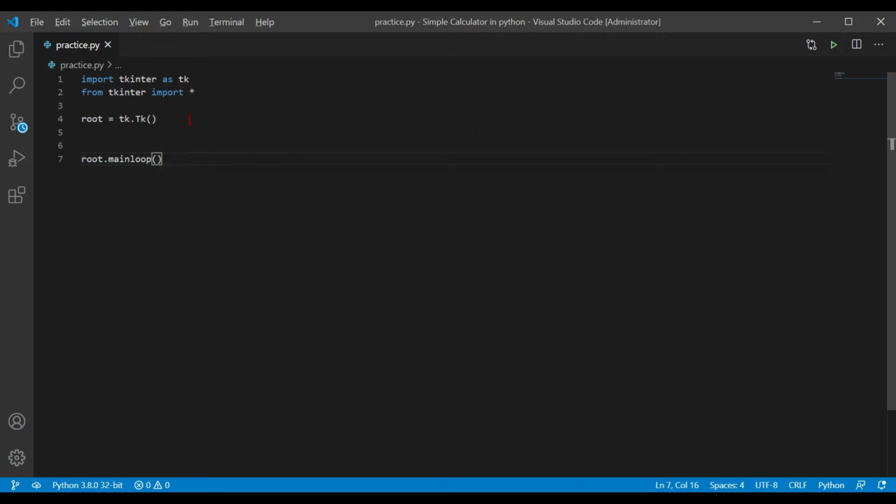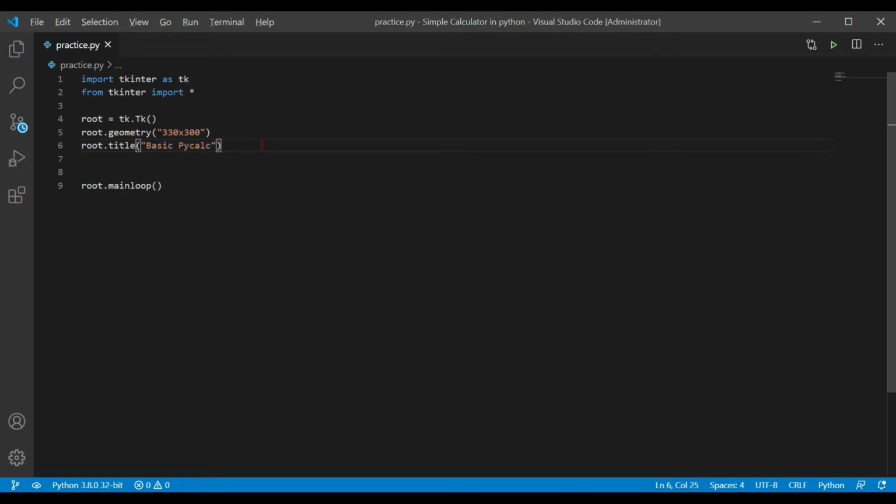Perfect. Now let's give a geometry to our application. Let's give it 330 cross 300. That would be perfect for our today's application. And of course a name to our application, root.title. Let's call it basic PyCal.